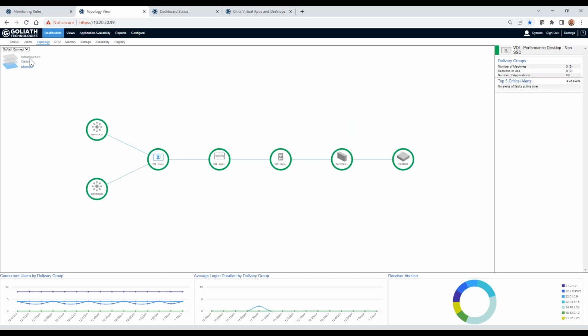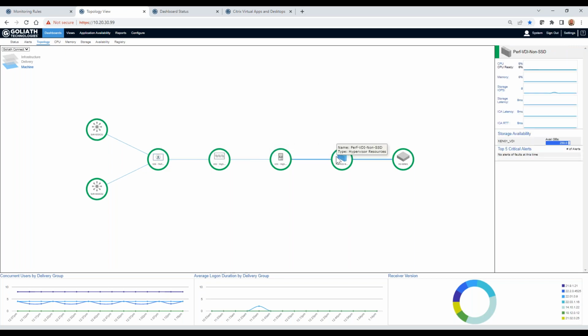Then you can always drill down to the machine layer, where it's going to take all of that down to the hypervisor cluster and to the individual hypervisor host that could be supporting these users. As I mentioned, often this is used as a NOC view, have it up on a large screen to get that 50,000-foot view, but it can also be a